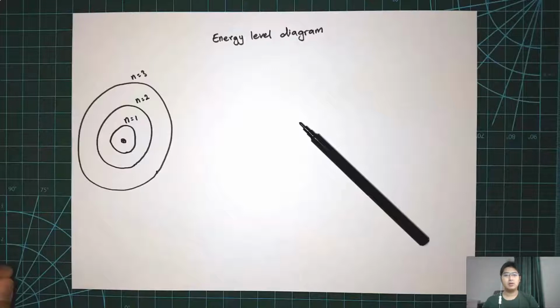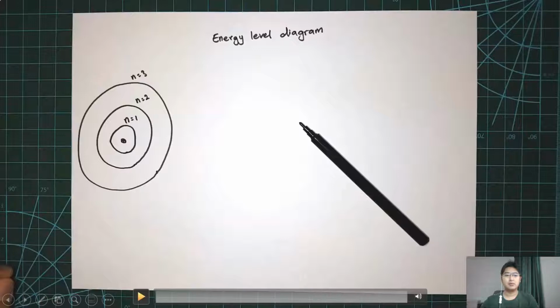But it is quite difficult to draw this kind of diagram, because you need lots of orbits, and it's difficult to draw the transitions between the orbits. That's why you need the energy level diagram. It makes it easier to draw the transition lines, to see the energy levels,